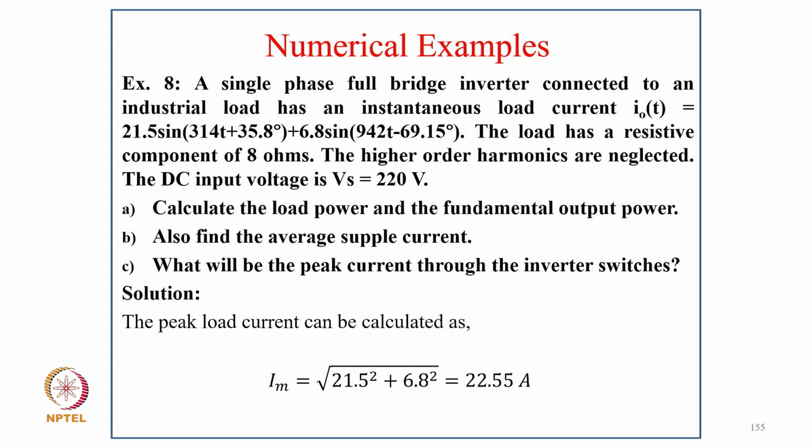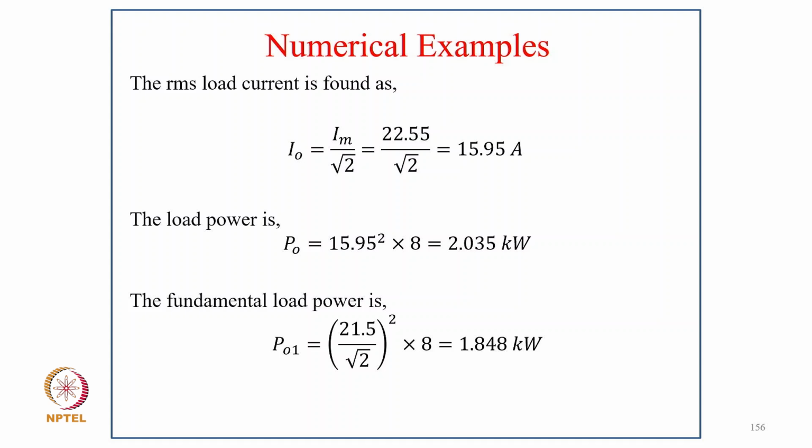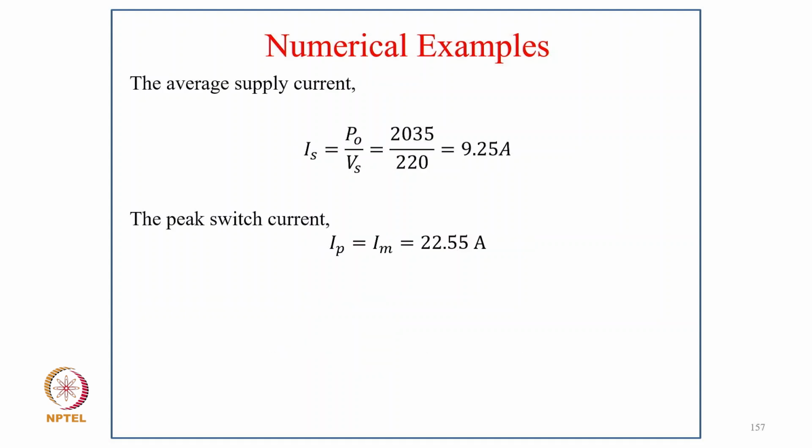The peak load current is I_M equal to under root 21.5 square plus 6.8 square, that is 22.55 ampere, and the RMS load current is I equal to I_M divided by root 2, that is 15.95, and load power is P equal to I square into R, that is 2.035 kilowatt, and fundamental load power P equal to (21.5 divided by root 2) square into 8, that comes 1.848 kilowatt, and the average supply current I is equal to P_O upon Vs, that becomes 9.25 ampere,